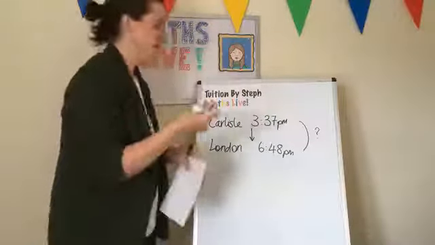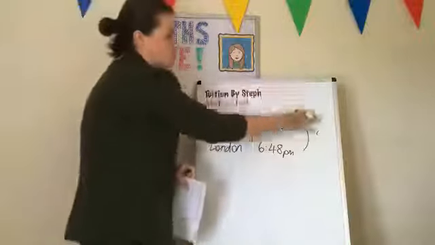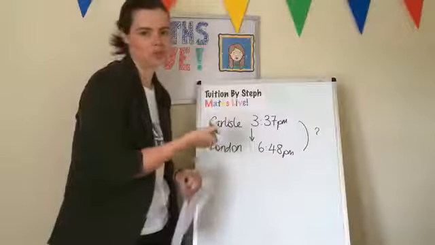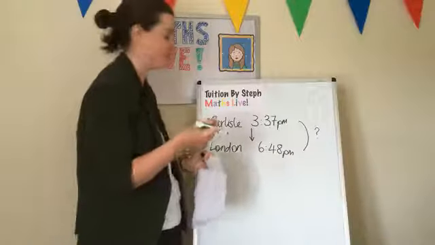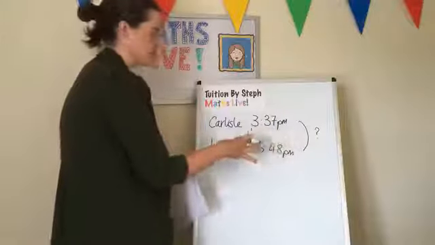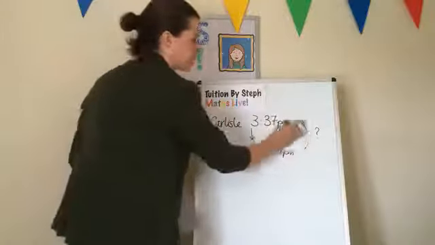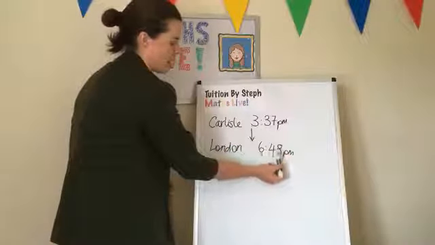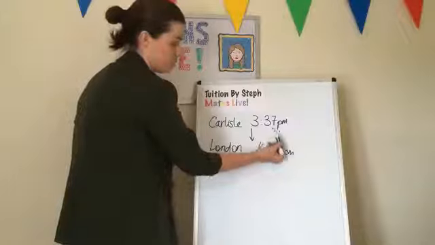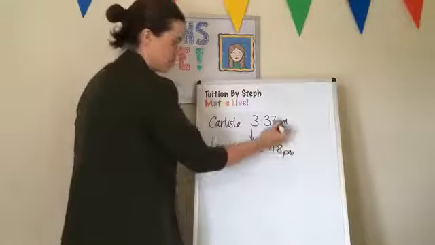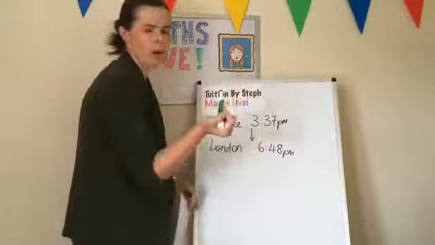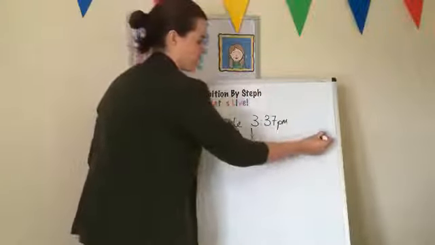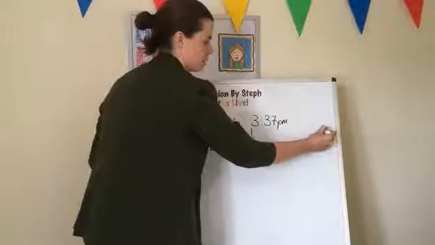Yeah, trains. Normally you could get a whole train timetable with different stops that you've got to work out, but I'm not going to draw a big train timetable on here. You probably won't be able to read it. So keep it a little bit more basic. So 3:37. We need to know how long it took. Now, if you notice, you can just add the minutes on to get to here. What do I add to 37 to make 48? I add 11. So there's our minutes, 11 minutes.